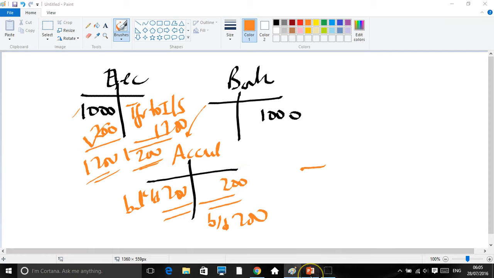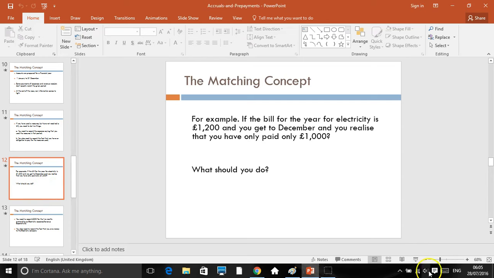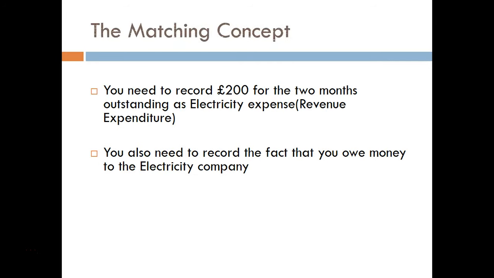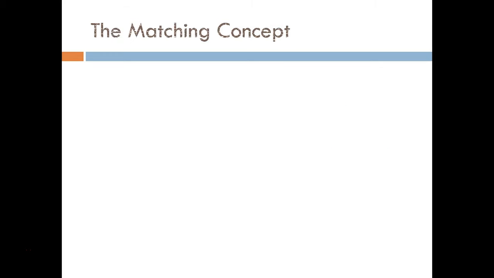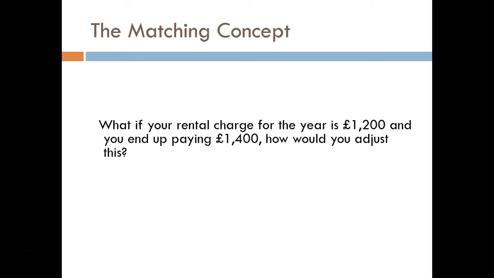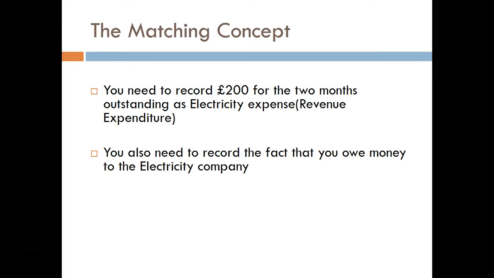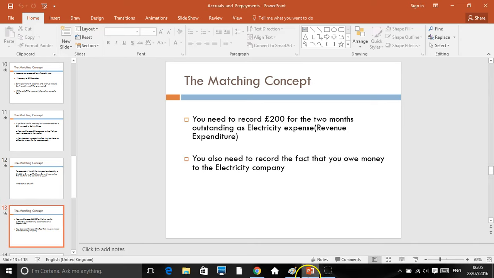Let's look at another one that we have given you. Here we are. It says you need to record 200 for that month. This is prepayments, and we'll look at this in the next screencast on prepayments. But what we have done so far is deal with the accruals concept, and the accruals concept, again, going back to the key point there, are